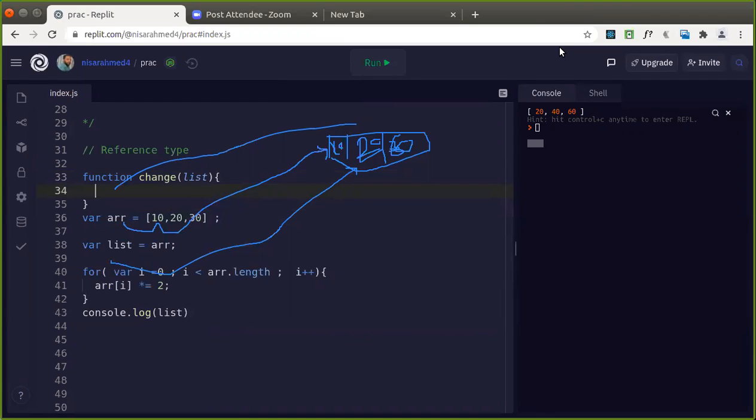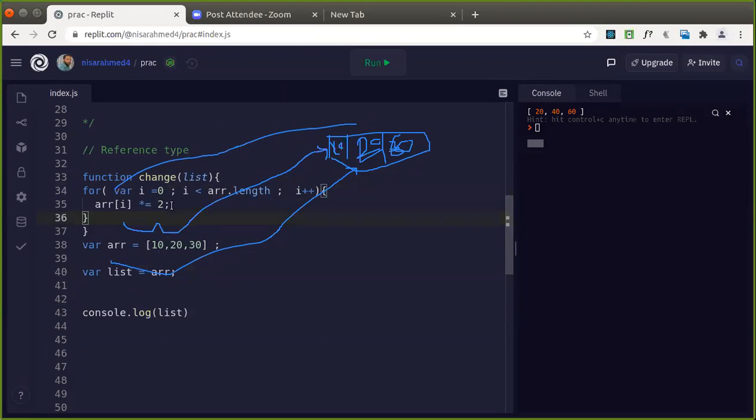Let me clear the annotations first. Let's give your array and change that.